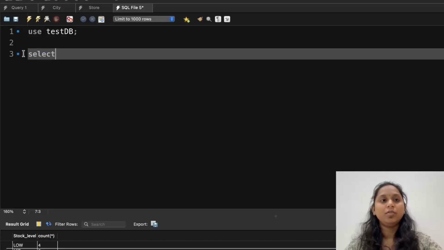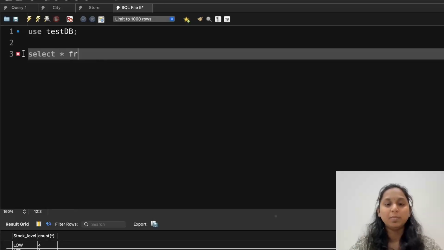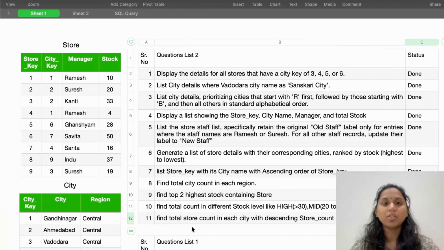What do we want a count of? First of all, make a simple query. Which table is useful here? City table or store table? Which table do you require? Is the city table sufficient to find out the store count? Do you think so? What was the question? You have to find out the store count. Store count is not in your city table. Store count is in the store table. Yes or no? So you require the store details.